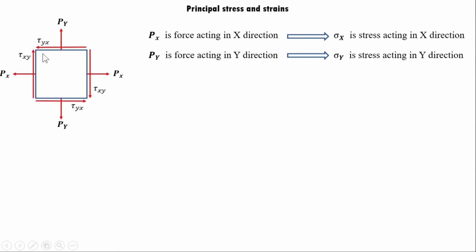Now here you can see this is tau xy and here you can see this is tau yx. So what is the basic difference between these two? I will explain. If you see, this Px force is applied on this plane, this Px force is applied on this plane. So these two planes are nothing but a plane of x-axis. Here in tau x, x represents the plane, so this is the x-axis plane, and direction of shear stress is y, so this is tau xy.